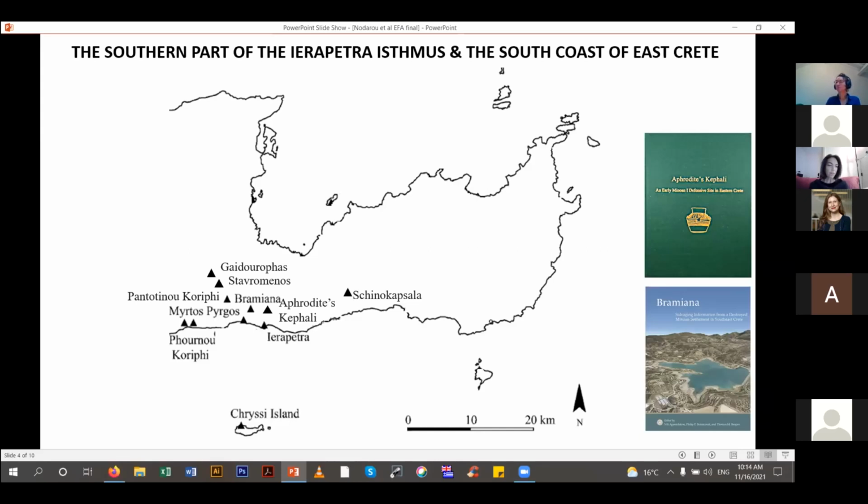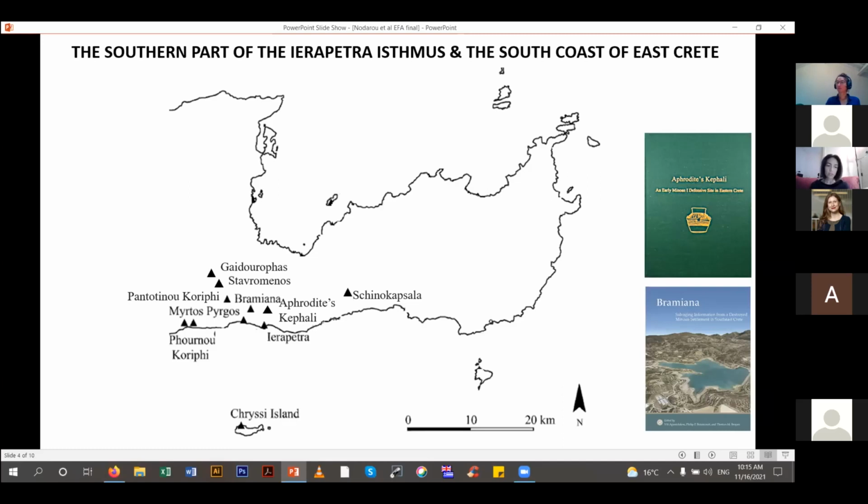To the above, one more factor should also be taken into consideration. The area of Kendri, in the middle of the Ierapetra plain, was a major potting center in the 19th and most of the 20th century, suggesting that local clay sources suitable for pottery manufacture existed in the area. With the above in mind, our research